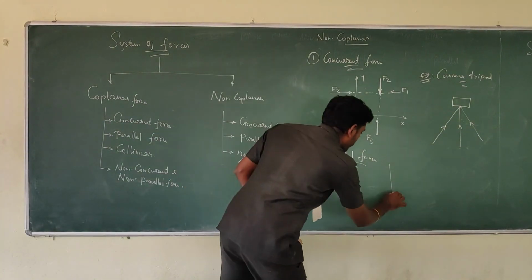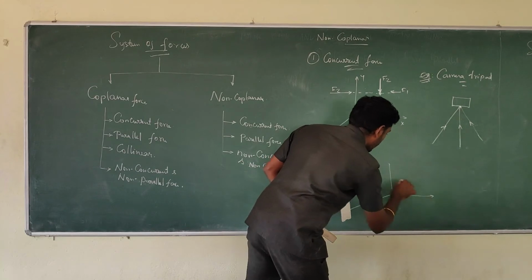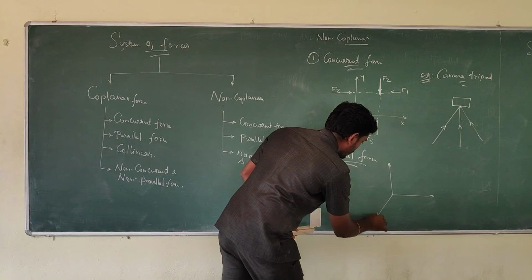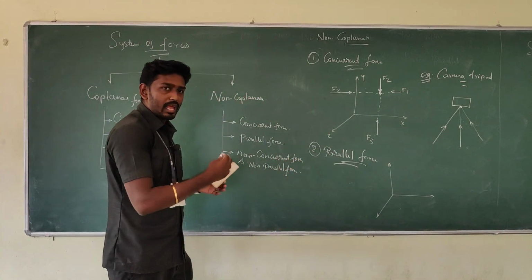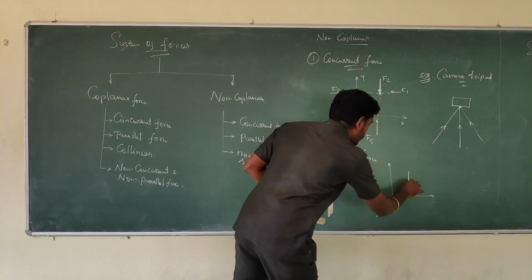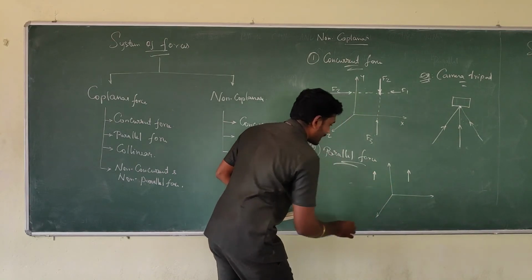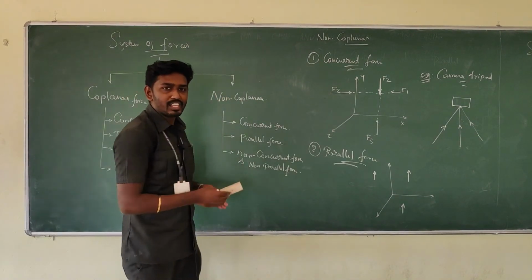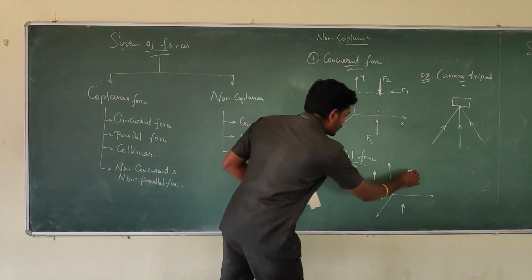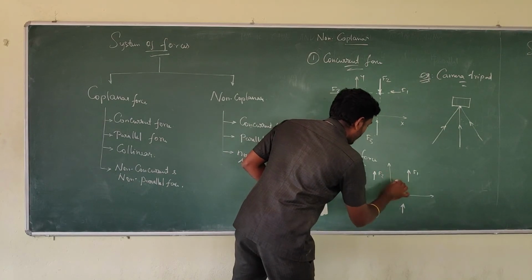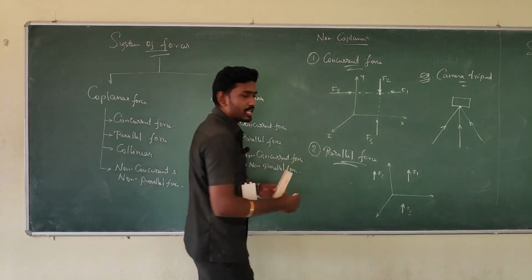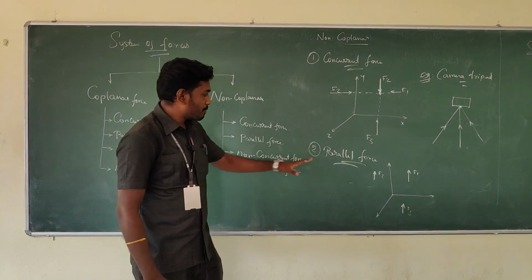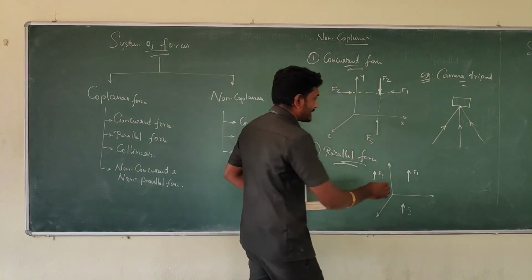Here it acts in different planes, not in a single plane. It acts almost in every plane, but the set of external forces acting on the body will have lines of action parallel to each other. If I consider this as F1, F2, F3, all the forces are just parallel to each other. So this kind of force we can call a parallel force. The example for this